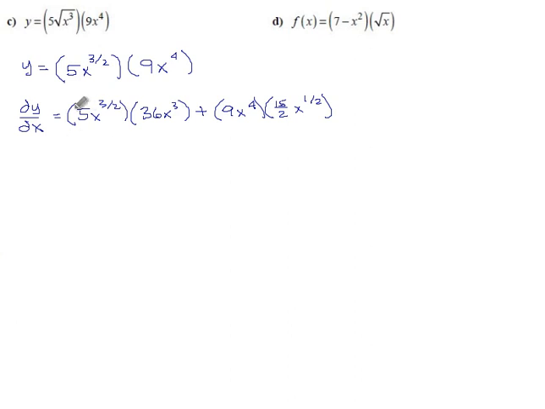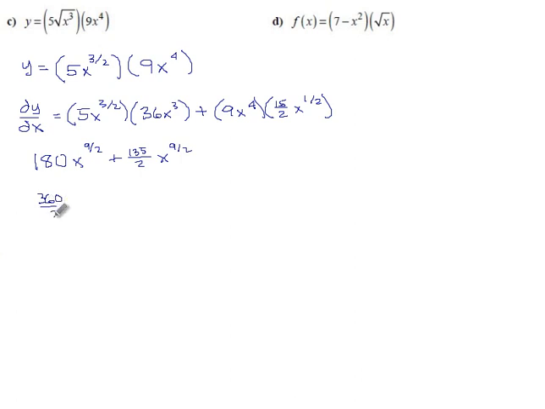And if we combine these, or multiply these together, we get 180 x to the 3 plus 1.5 is 4.5, which is 9 over 2. And here, 9 times 15 over 2 is 135 over 2. X to the, what, 4 plus 4.5 again, also known as 9 over 2. Once again, these powers match. That's happening a lot. And so we get